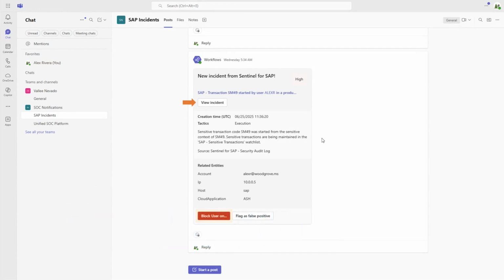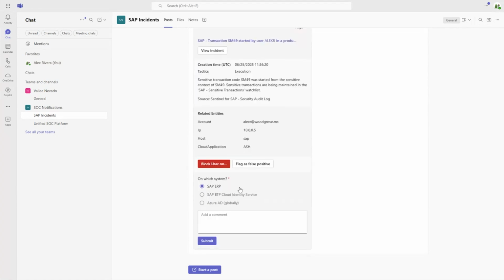And I see you are now in Teams. So what is Teams there? Because that's one of the popular places where you want to surface something, bring to the attention of the SOC and the SAP security team. And in here, you're actually seeing one of the analytic rules taking action and producing output that a weird transaction has been accessed by this user LXR in the productive SAP system. And if you want to now take action, you can from here.